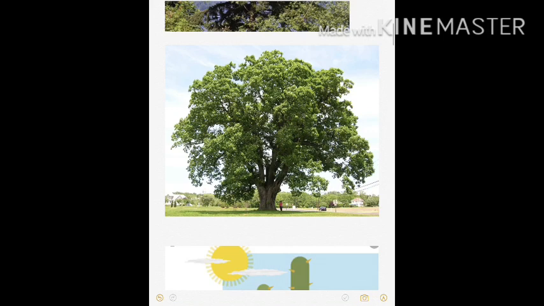Now the second is the picture of an oak tree, which grows on plains. These trees have a lot of branches and broad leaves. Now next is